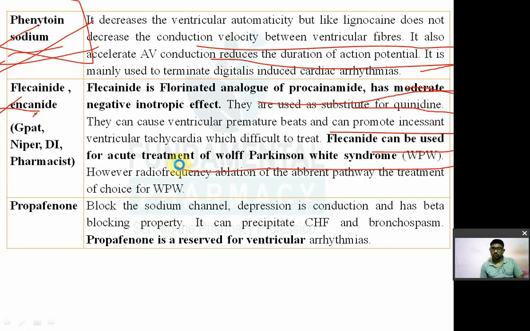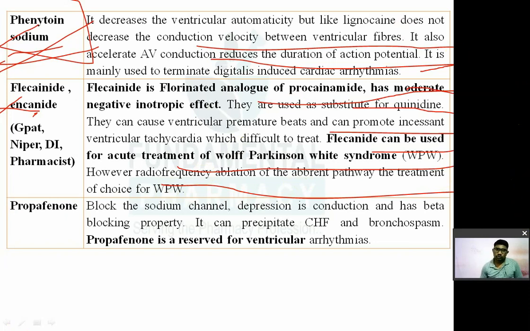It is a genetic disease in which there is a conduction abnormality in the heart. It is a genetic disease where there is an abnormality in the conduction system of your heart. Here many ectopic foci are generated, and conduction impulses are generated and transmitted from various places. That is known as Wolff-Parkinson-White disease. It is a genetic disease. Okay, remember, in that it is used, but the drug of choice in case of Wolff-Parkinson-White syndrome is radio frequency ablation. Radio frequency ablation of the aberrant pathway is the treatment of choice.